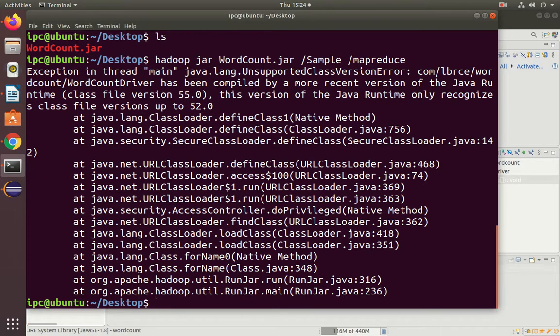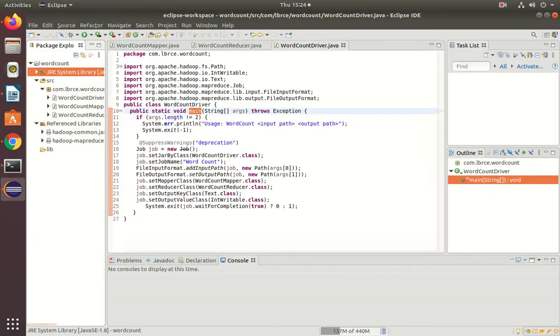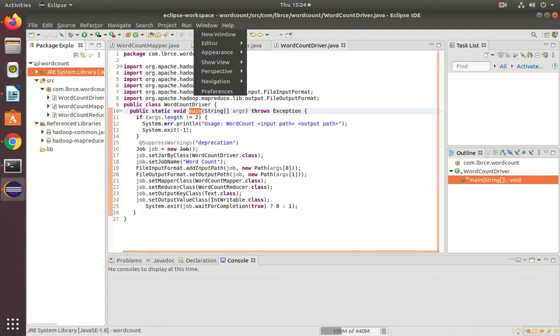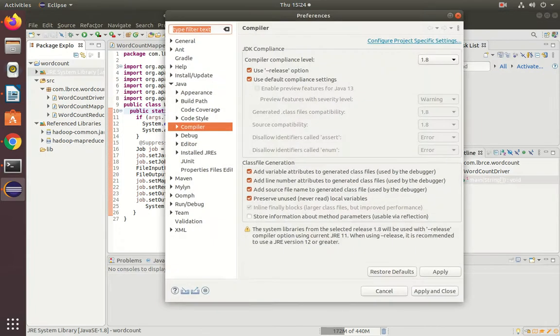Whenever you get this kind of error, exception in thread main java.lang.UnsupportedClassVersionError, then go to Eclipse, go to Windows, go to preferences, and select the compiler. Here the version is 1.8.